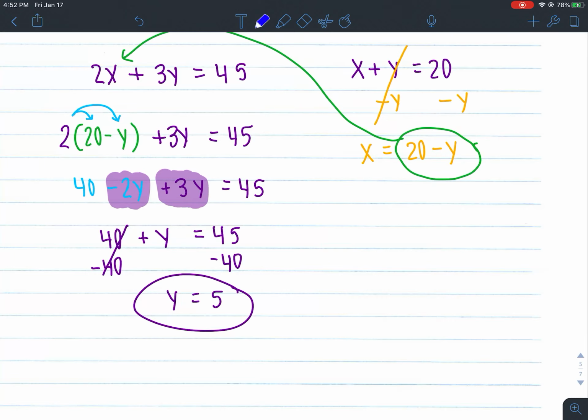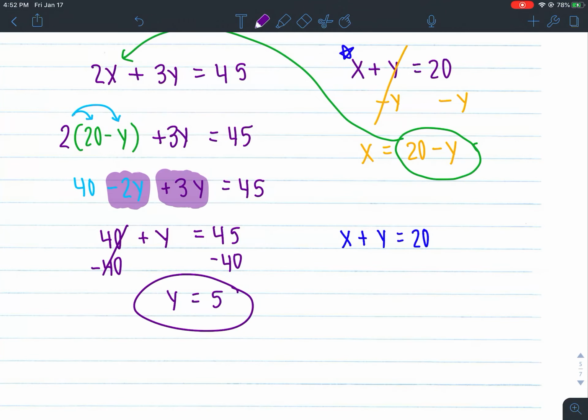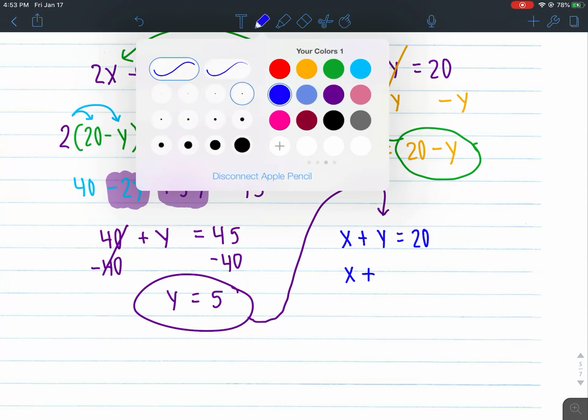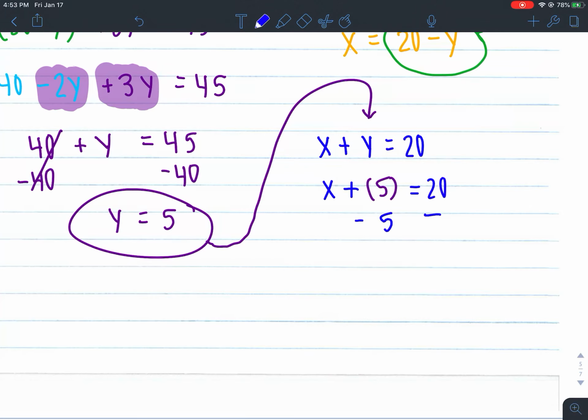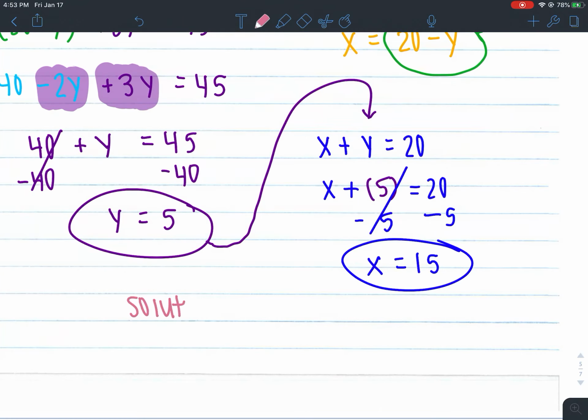All right, so now I got to pick one of my equations so I can figure out how many neonfish we bought. So I'm going to go ahead and pick this second one over here, x plus y equals 20. Now I'm going to plug in this y value in over here. So I have x plus, in parentheses, 5 equals 20. Well, I got to get the x by itself, so I have to subtract 5 on both sides, and I get x equals 15. So my solution